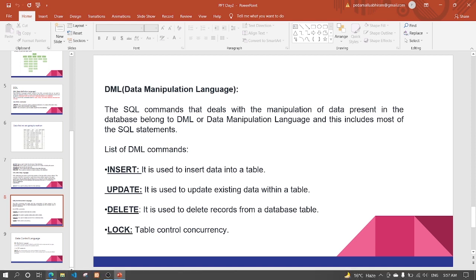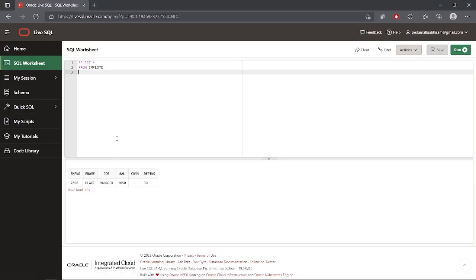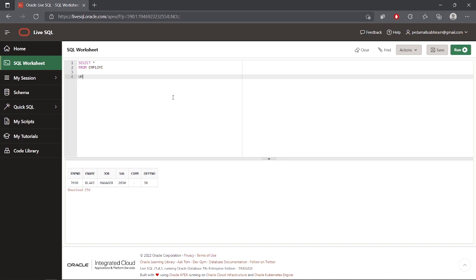For example, now I open the live SQL again. Now, this is something that is present. Select all from the employee. This is the table that we have already created, and this is the table that is already there in the schema. Now, I want to update this. See, update the table name. The table name is nothing but employee,